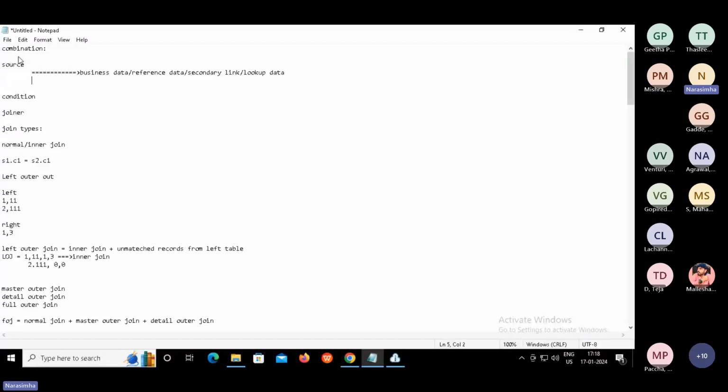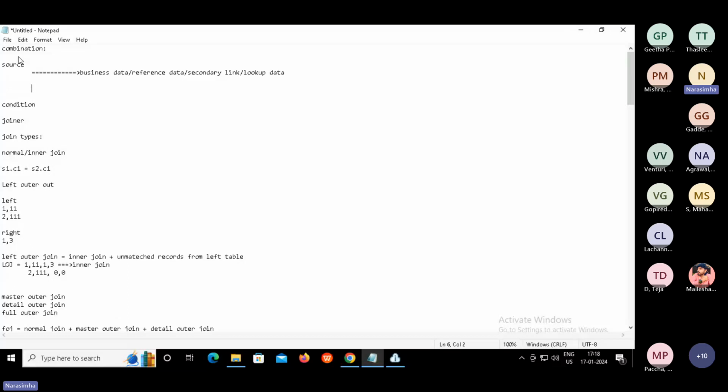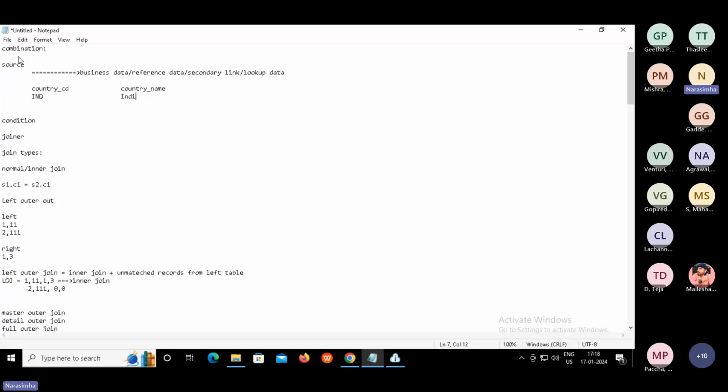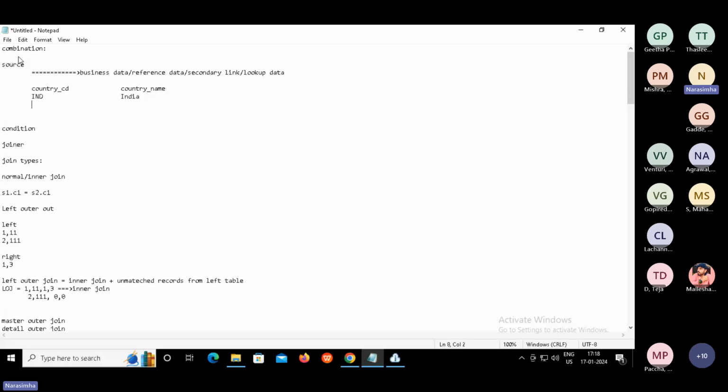So let us say in this particular reference table or lookup table, we will have a country code, then country name. Let us say country code is IND, then country name is India. Similarly, some other countries.